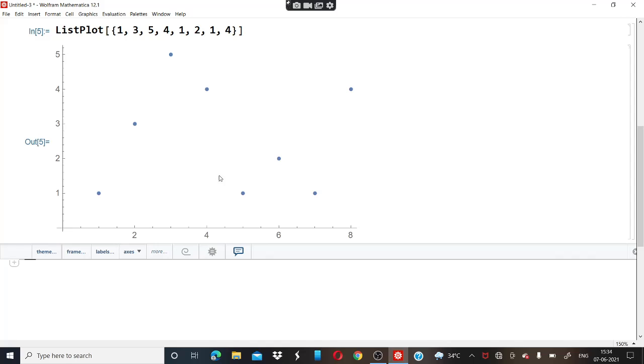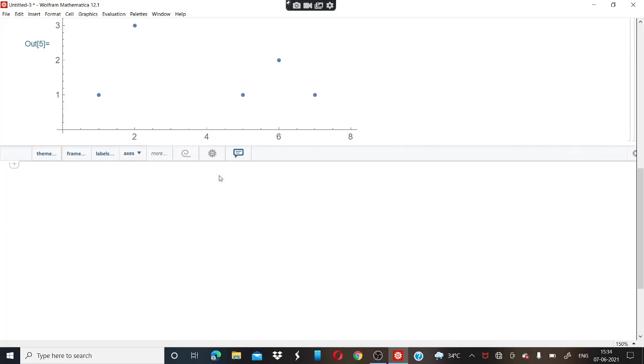Now, as you have homework for making a bar chart and pie chart, with the help of Wolfram Mathematica software you can also plot the bar graph or pie chart. For example, you want to plot this graph for the given numbers, as you have plotted the point graph and linear graph. So here we are going to make a bar graph for it.